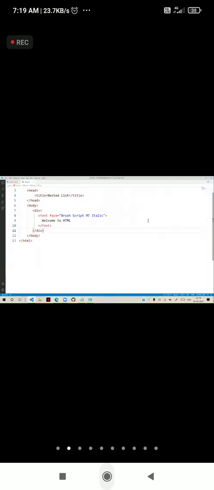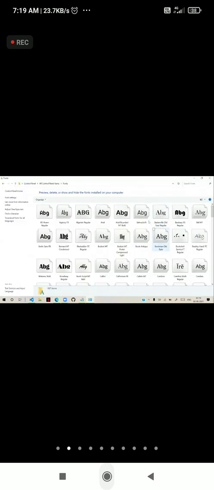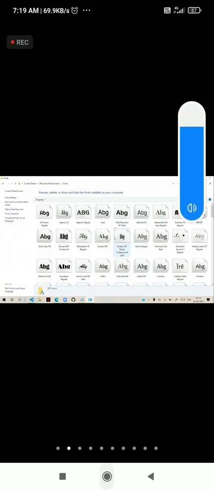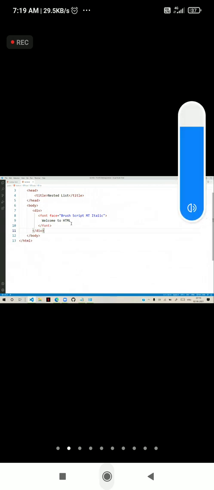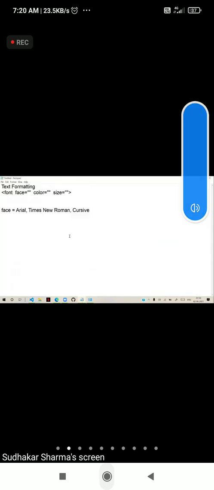Because several fonts are there in your computer, but all these fonts are not recognized by your browsers. So if the browser is unable to recognize those, then it will not apply to that particular content. That is the reason in interviews they ask this question, right?